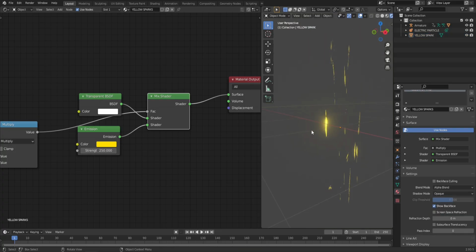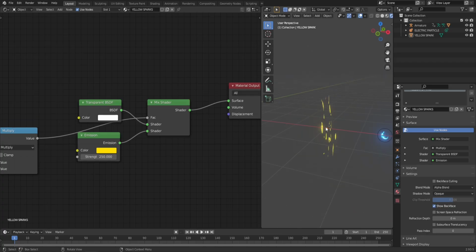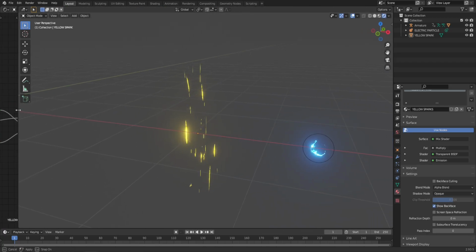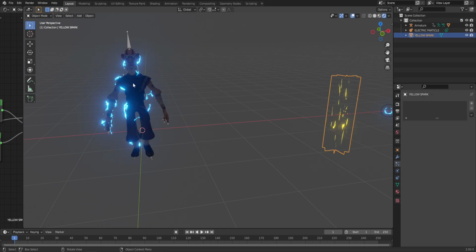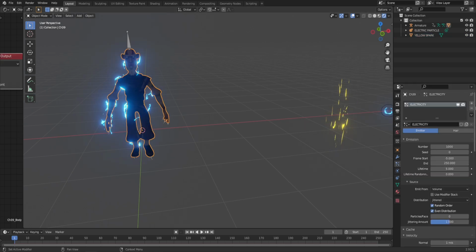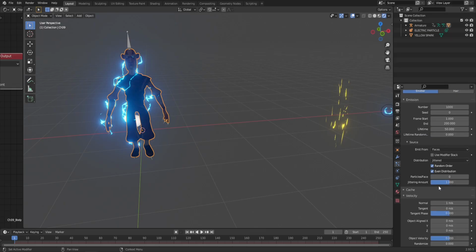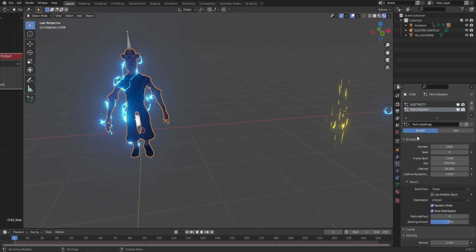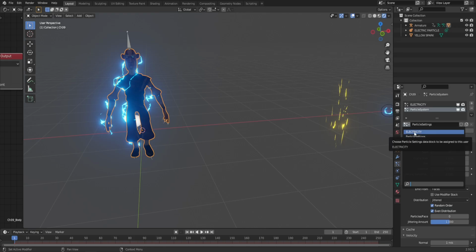And now we can already see our nice particle hanging in there. So now let's apply them on the mesh as well. Let's make this viewport bigger, go to our character, click on the mesh particle properties, and here with this plus button, we can create another particle system. Now instead of setting everything from the beginning, we can simply choose the existing particle system, electricity, and then click